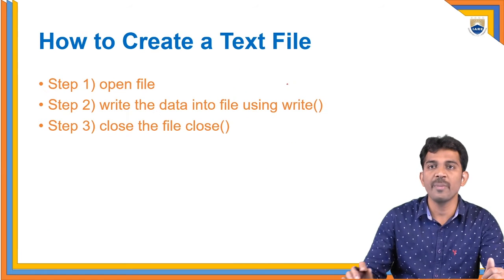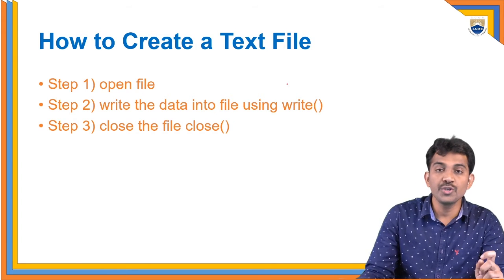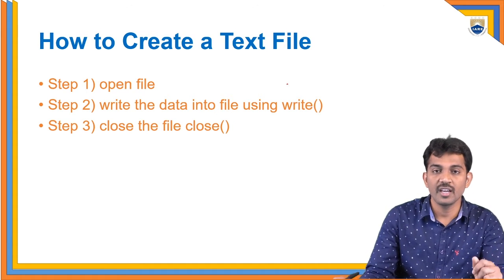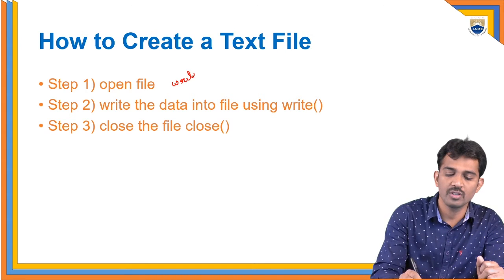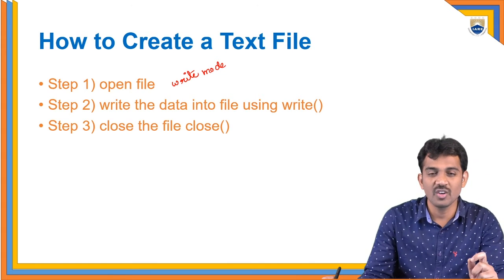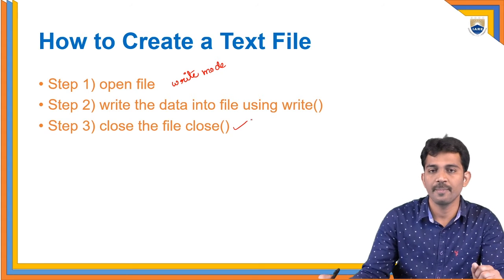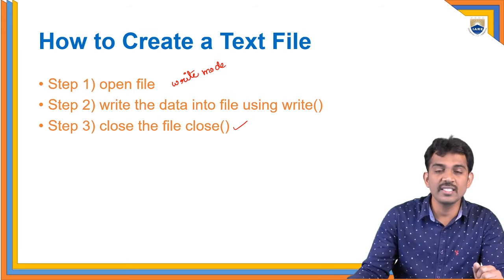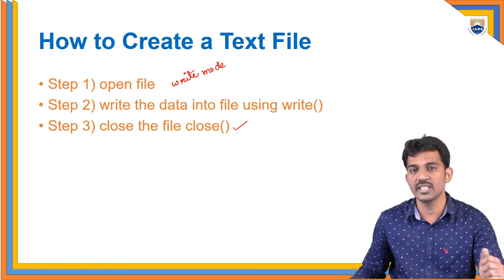Next, we'll see how to open a file and how to create a file. If you want to create a file, first you should open a file object in the W mode. Open a file with the write mode. After that, by using the write function, we write the data into the file. After that, you just close the file. Is this clear? Now we'll see one by one how read mode works and how write mode works. Everything you will see one by one.